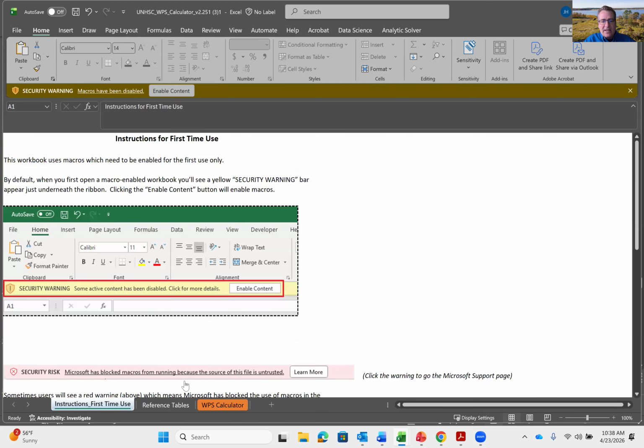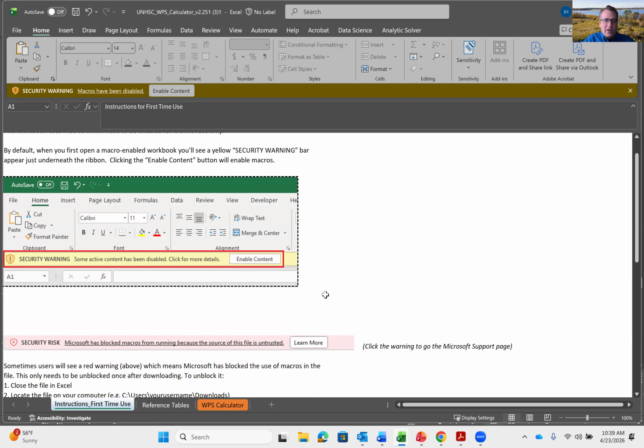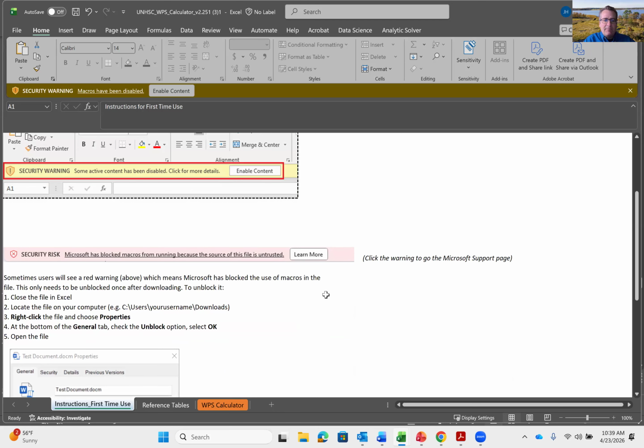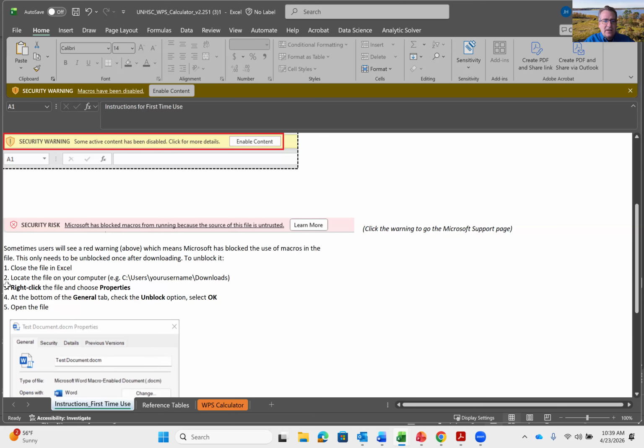So a lot of times you might see this red bar that says security risk. If that happens, you have to go to where this file is saved. Sometimes it's in your downloads folder, or maybe you've saved it in a different location. You have to locate it on your computer.